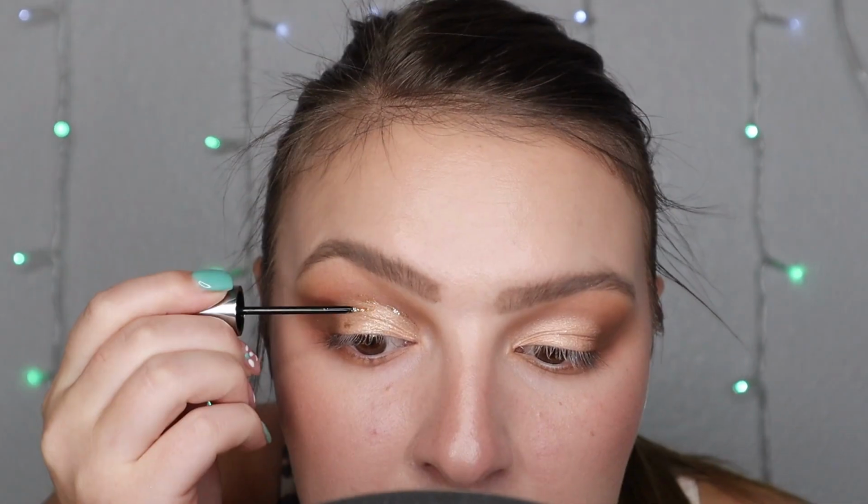And then once I feel good about that, I'm going to dive into the Urban Decay Heavy Metal Eyeliner. So this is in the shade Midnight Cowboy. This is the gold one. And what I have the idea to do is right at the top of my cut crease, like basically on that line, I'm going to take this glitter